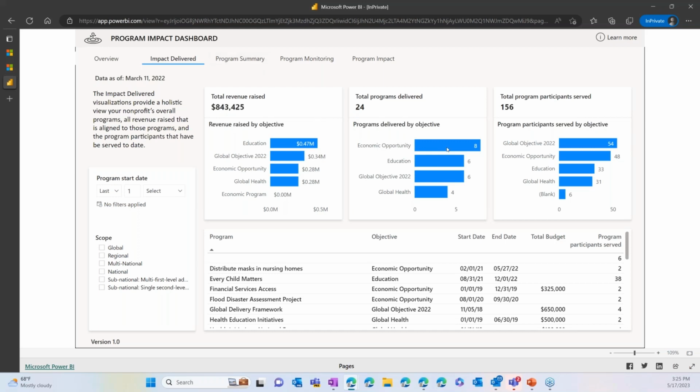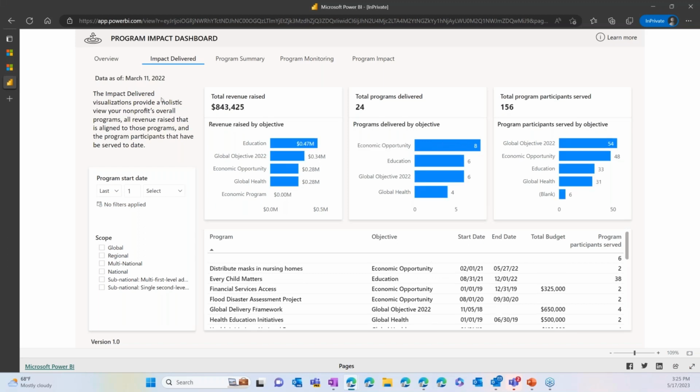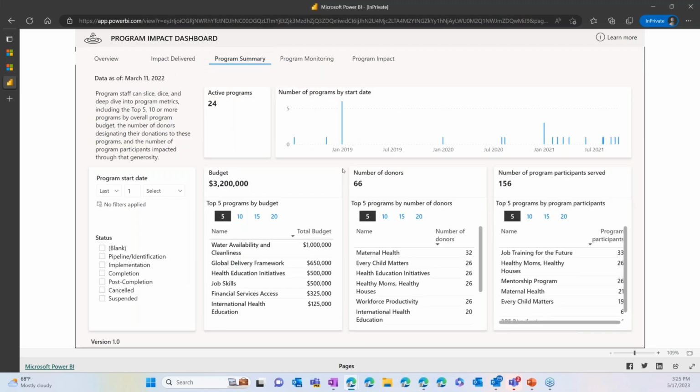And if you haven't seen Power BI before, it's fairly powerful from the perspective of analytics and interacting. You'll notice when I clicked on economic opportunity, some of these turn light blue because they're not part of it, but then it highlights information that makes sense. So this specific dashboard is saying, what's the impact of our programs? Here we have more of a summary of our programs, who's donated, how many donors, what's the budget. So we can look at a specific